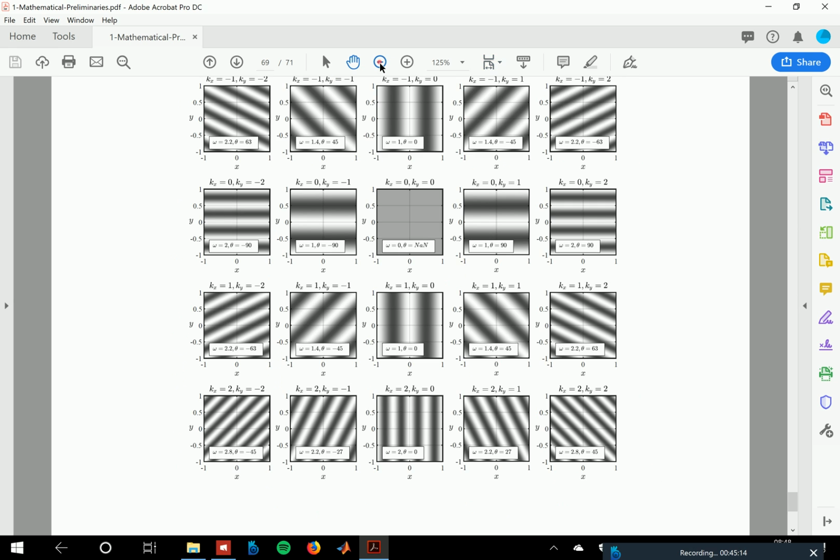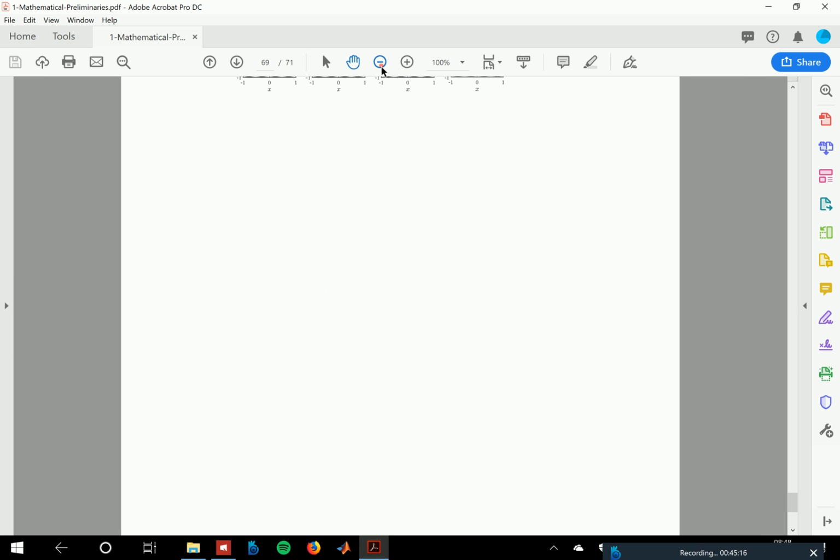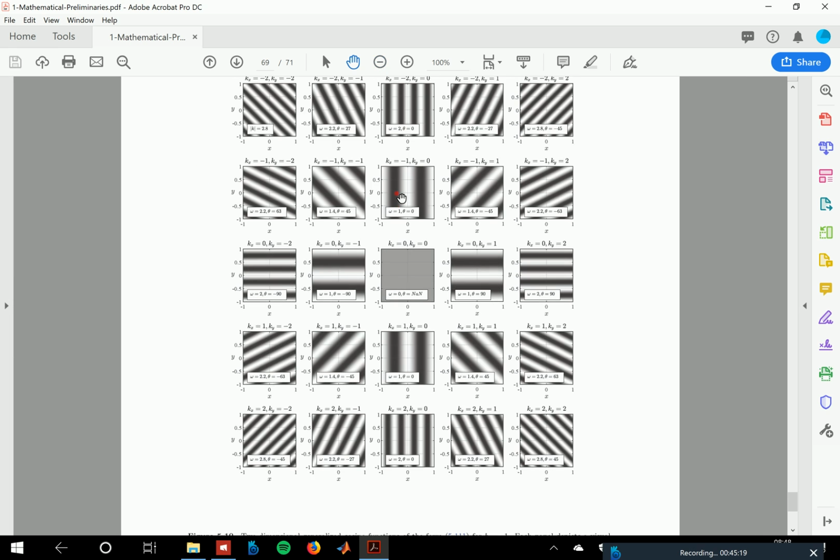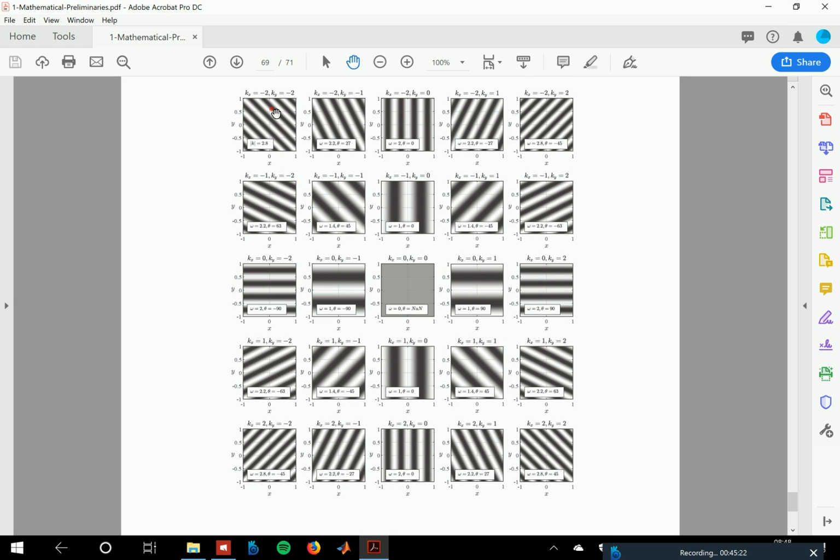Yeah. So this then, in general, if one now zooms out, results in this kind of pattern where again kx is increasing this way and ky is increasing this way, and importantly the 0 is in the center. Yeah? So the 0 is essentially where you have the spatial frequency of 0 because it's just constant, and then the higher spatial frequencies you find for higher absolute values of kx and ky towards the margins, and